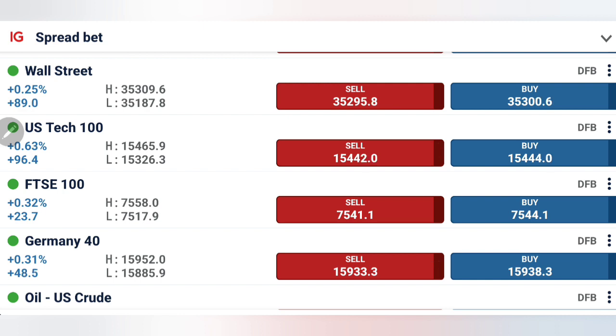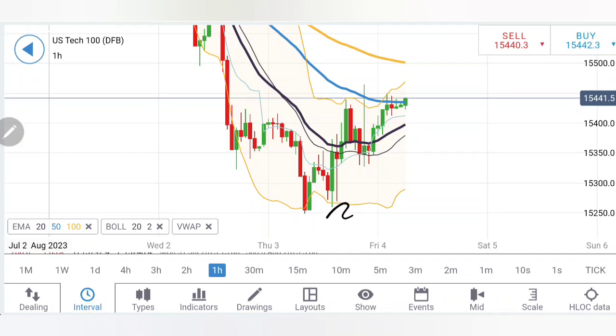So first we'll look into this analysis. First we'll look into Tech 100, followed by Dow Jones, then Germany 40, and then FTSE100. Watch till the end. We'll try to find out the levels you can watch out for, the levels you can trade for. Let's start. Look at the hourly charts for